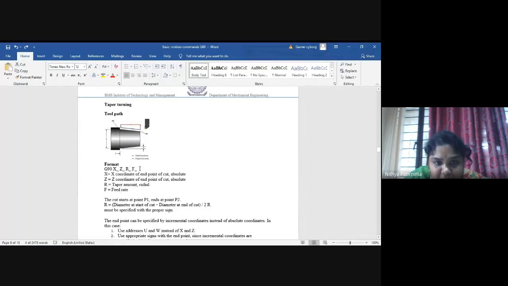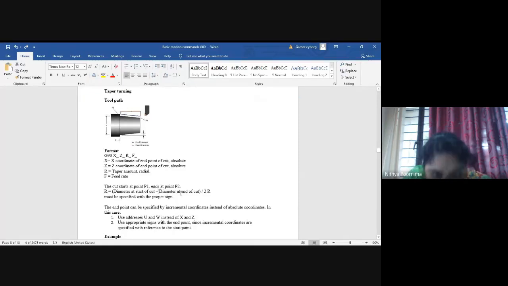So I think in your EME classes you have calculated the formula for taper. What's the formula? Our formula is here: the diameter at the start of the cut minus the diameter at the end of the cut, divided by 2L. This formula you would have studied in the EME classes when studying taper turning methods.